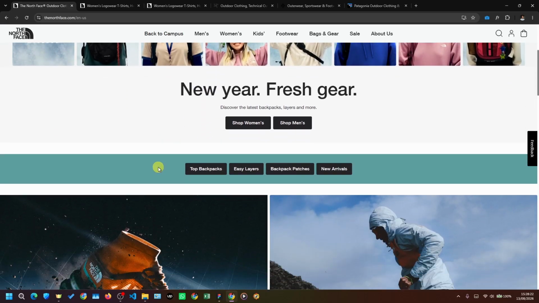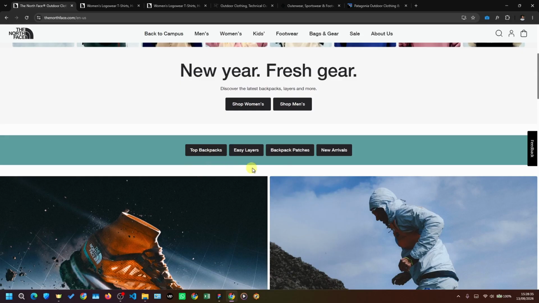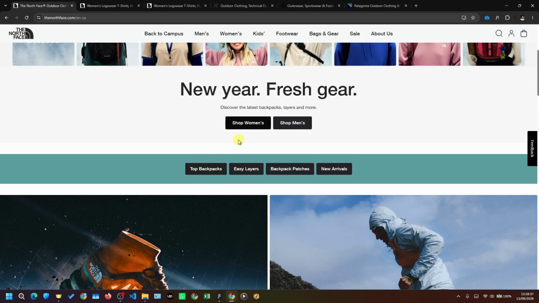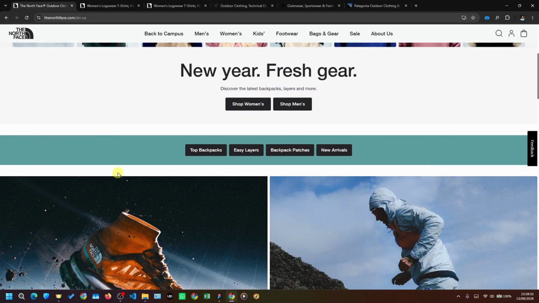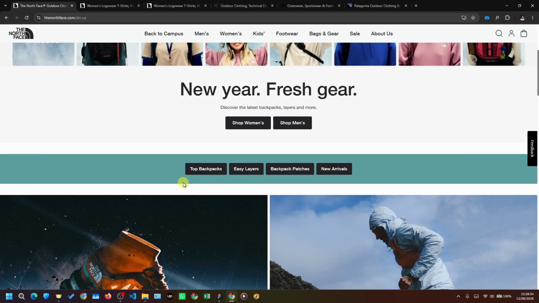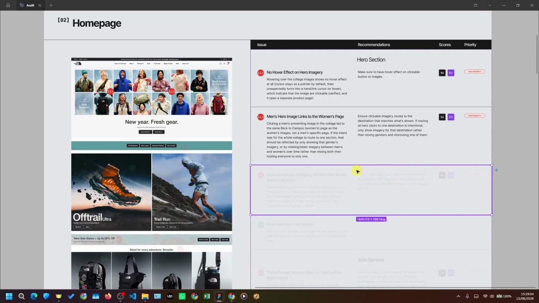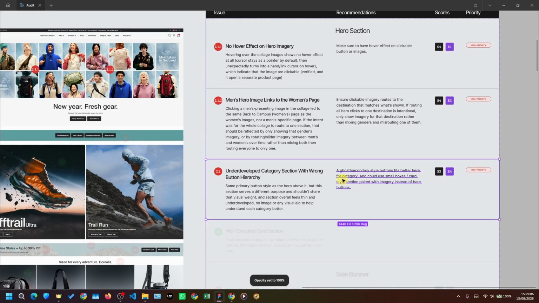If we scroll down a little down here, we have four distinct buttons that are actually a subcategory, but you notice that the buttons look very similar to the hero section button, and that is not a good thing. This one needs to be more de-emphasized, such as using secondary, and also the whole section is just very uninspiring. Perhaps we can use some imagery and visuals to aid the user in understanding what this section and this category is about. So I think it needs a proper button hierarchy, such as using a